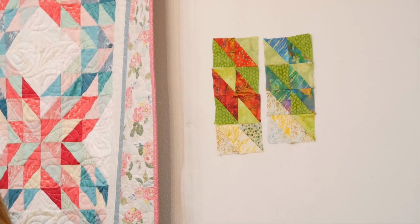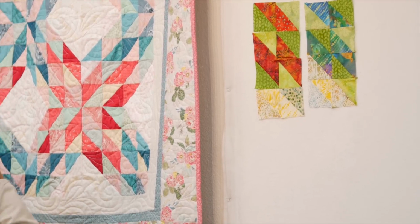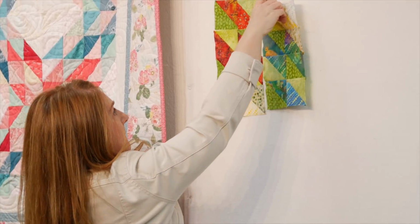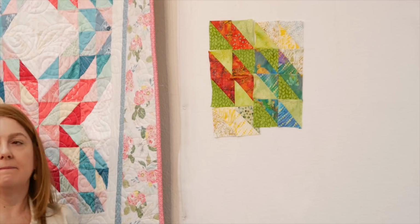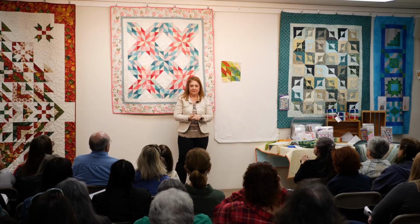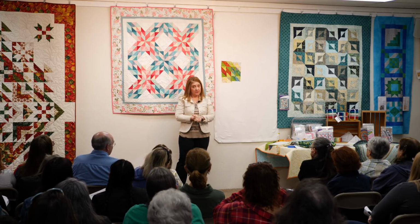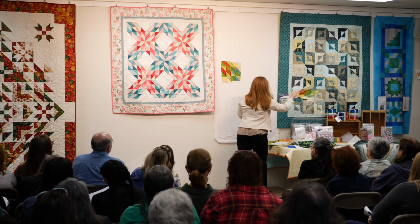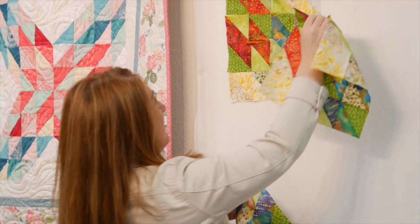But that's not the block. We have to do one more thing before we can sew those two together. We take the dark B, and there's your block. So not hard, right? Do you believe me? Here's the block,